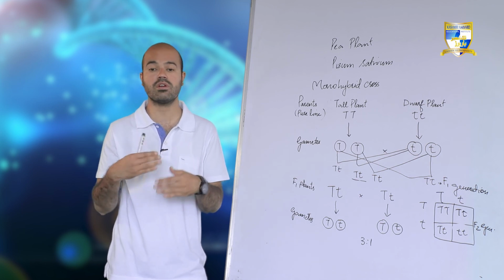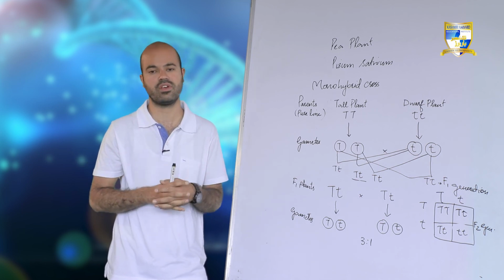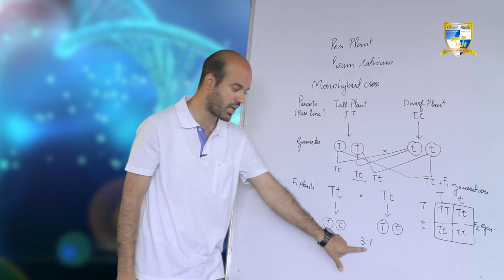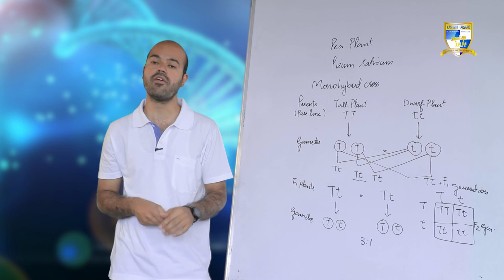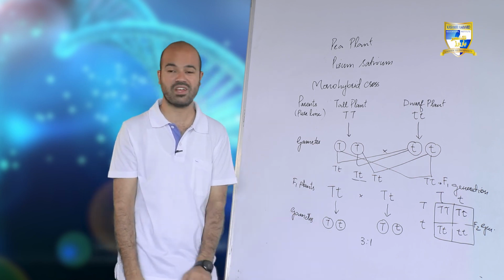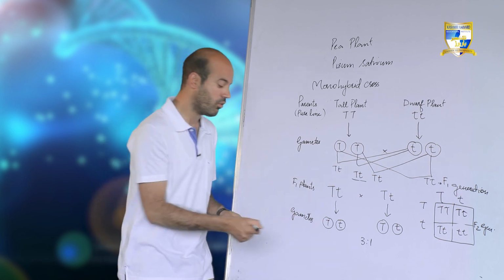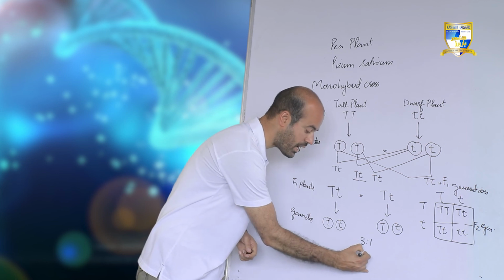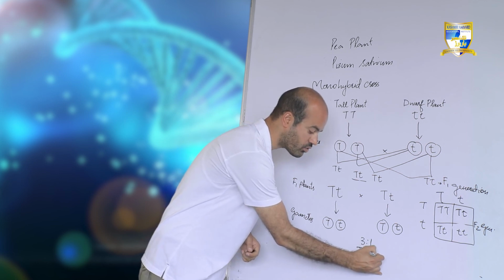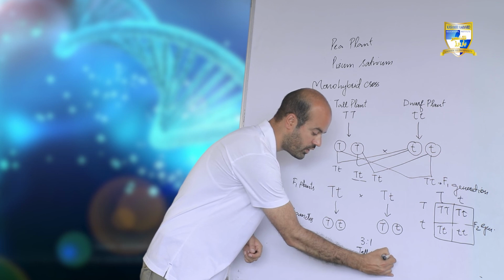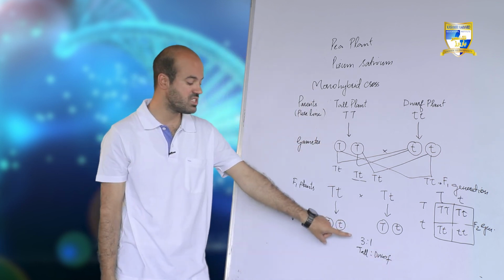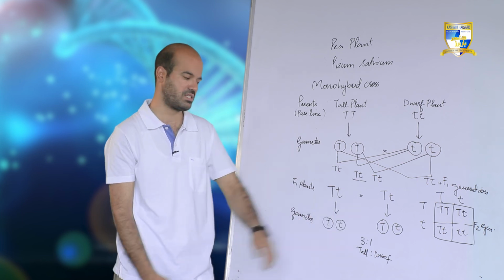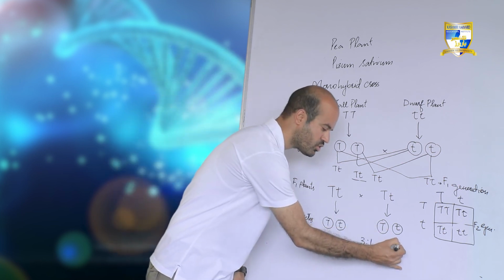If this is not a round figure, if it is a fraction figure, still there will be the same ratio when we are performing the monohybrid cross. We will see F2 generation will show phenotypic ratio as 3:1. 3 portions of the plants will be tall and 1 portion of the plants will be dwarf. But when we observe the genotype of these plants, we will see the ratio will be in this form: